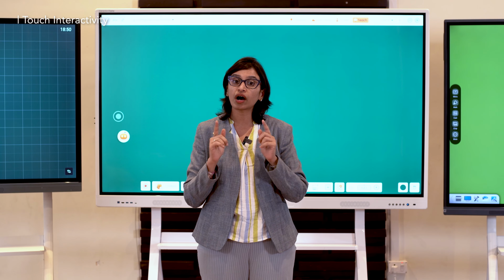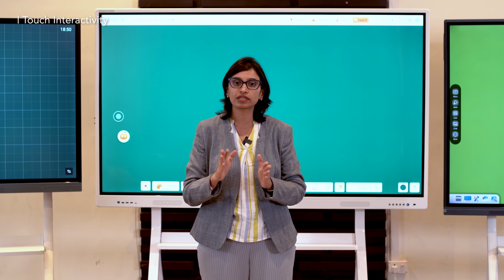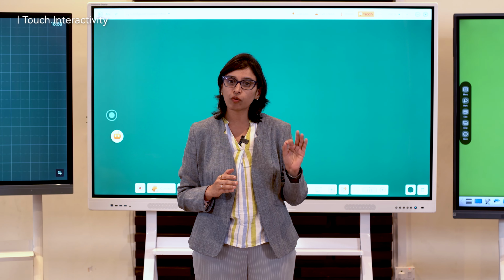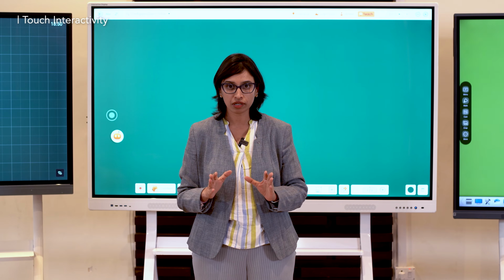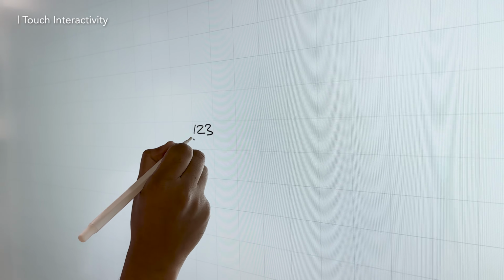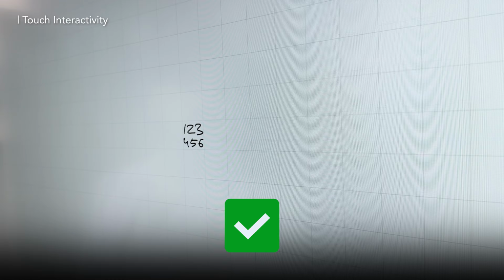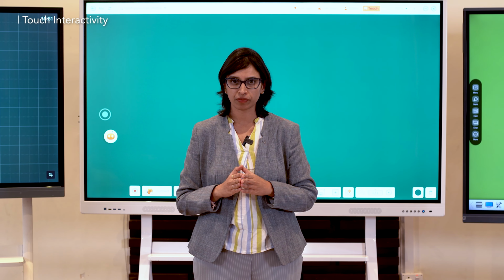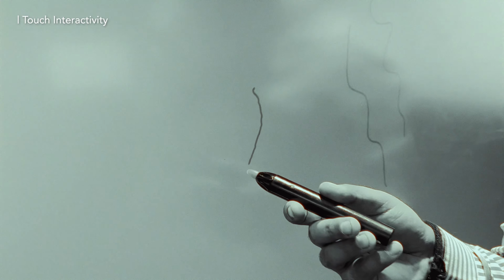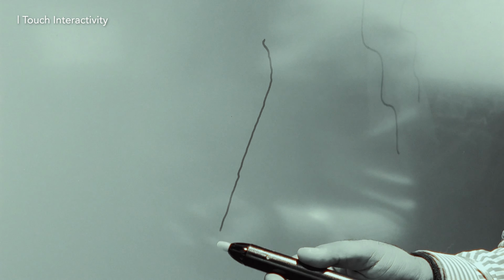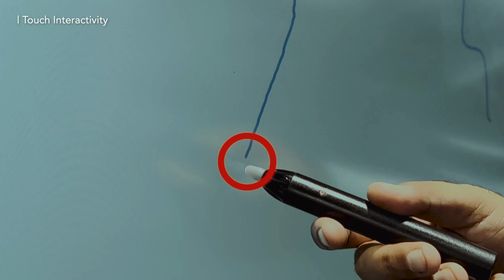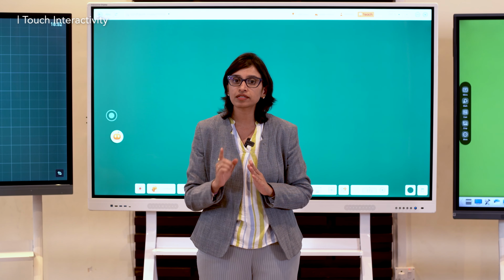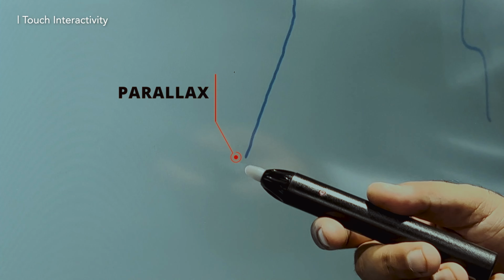So now I will tell you how you can test this yourself when you're using the interactive display. The first test is called the grid test. Check if the digital board software has a square grid background option. In that, you write the numbers from 1 to 6 within the grid. If the writing appears smooth, then the digital board is likely to use the advanced IR or the edge optic touch technology. The next is the parallax test. Hold a stylus at an angle and observe the screen. The older IR touch panels will show a visible gap between the stylus tip and the screen, and this negatively impacts your writing experience. You should always avoid these digital displays with a considerable parallax.